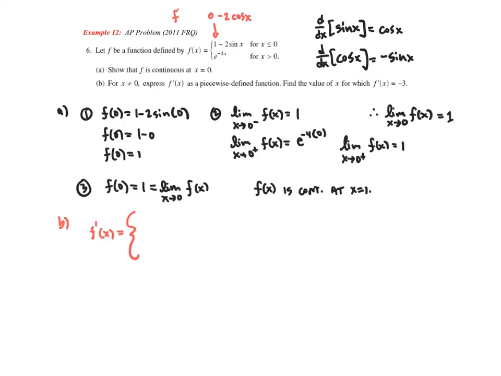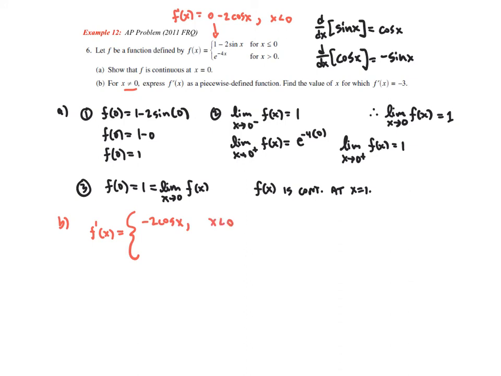That would be f prime on that interval, where x is less than 0. It tells us to exclude 0, so we're going to do that, but we'll talk more about that later. So we get negative 2 cosine x